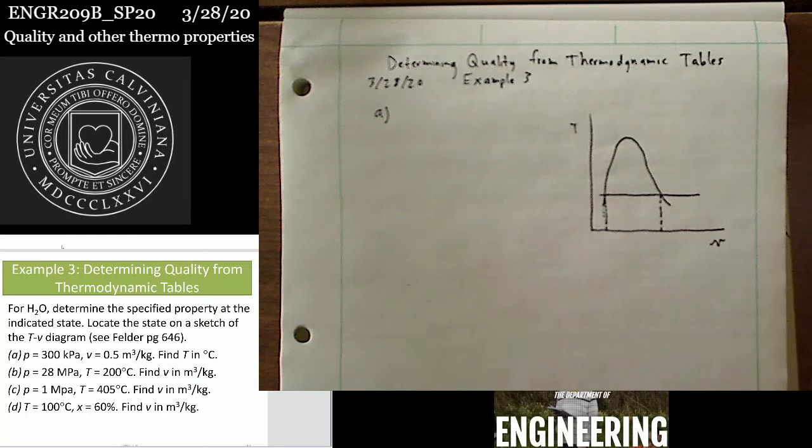So if we look at table B6 on page 646 in appendix B of Felder, we find that we have a pressure table there. So it goes down in the left-hand column from 1.1 bar down to 7 bar, and there it gives you the corresponding saturation temperature. So if we look at, for 300 kilopascals,